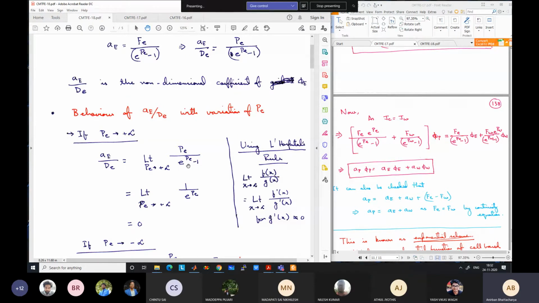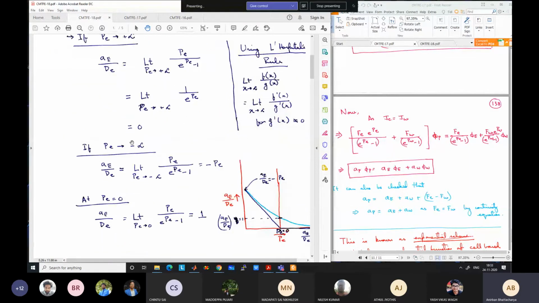Actually, it can be intuitively understood in this case, because exponentials always grow at a much faster rate compared to the variable, since the variable is in the power. So the denominator will always be much larger compared to the numerator, and at the limit it will go to 0. Although both numerator and denominator go to infinity, the denominator goes to a higher infinity. There are different levels of infinity, and in this case it goes to a higher infinity, and this limit goes to 0.